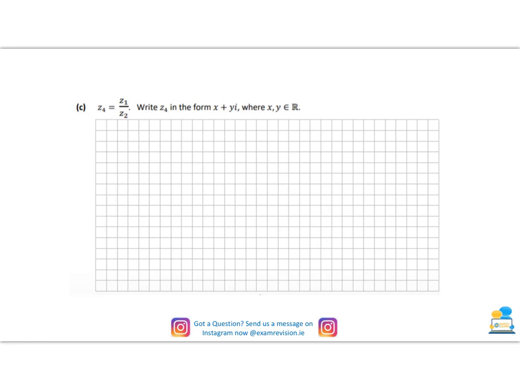So moving on to part C of this question then from the ordinary level Leaving Cert, this is a really good recap for all of us, both higher level and ordinary level students, on the whole idea of dividing complex numbers and also using our knowledge of a complex conjugate. So this would normally be on the same page as your other questions in your Leaving Cert, but what I'll do here, just because we don't have it in front of us, is I'm going to just write down what